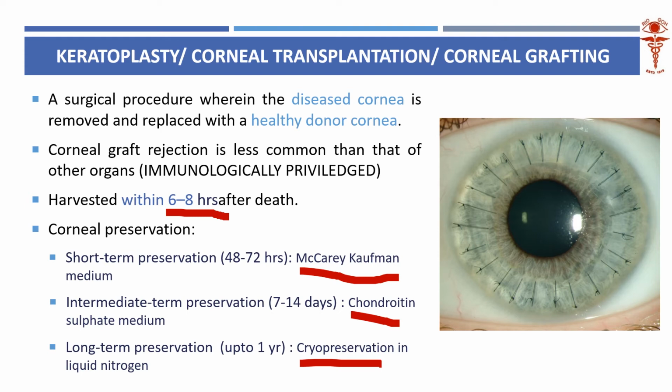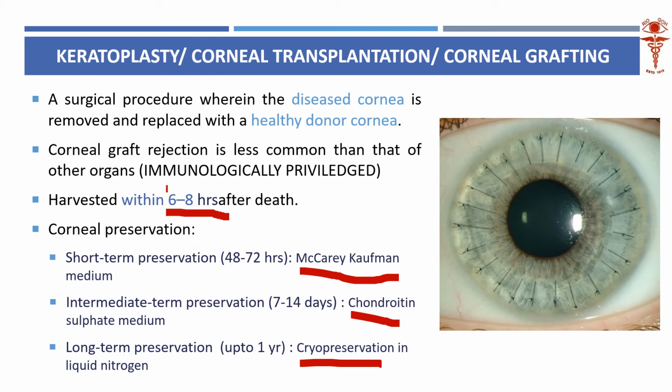So corneal donation is done only by dead people. It is usually a cadaver donation. It cannot be done by a live person. That is the point number 1 I want you to remember. Second point, the golden hour is 6 hours. Forget even the 8 hours. Think of the 6 hours. The golden hour is 6 hours in corneal donation.